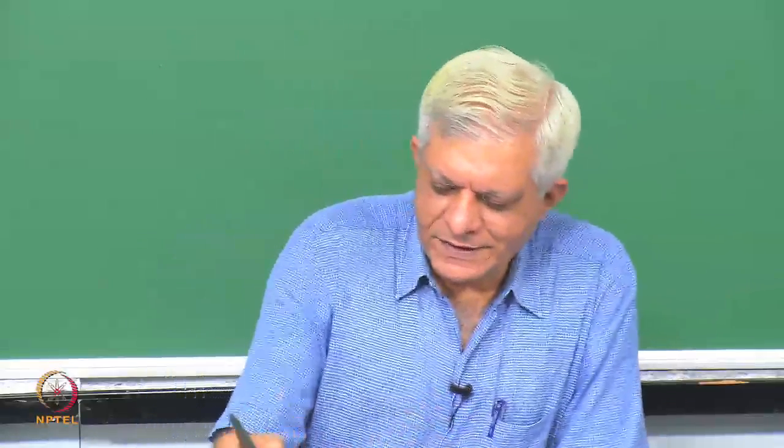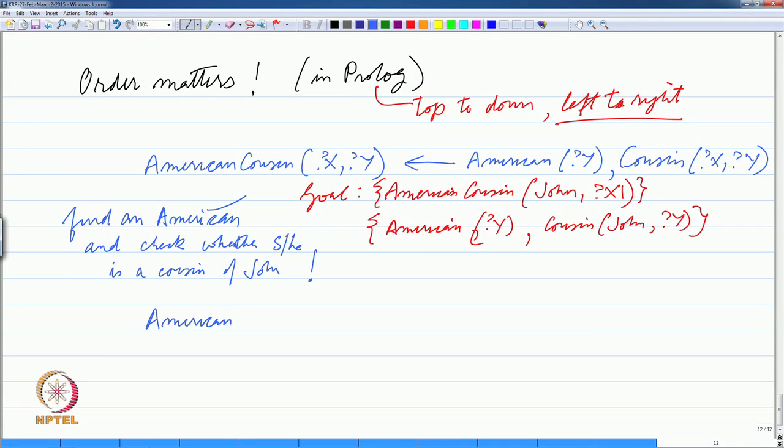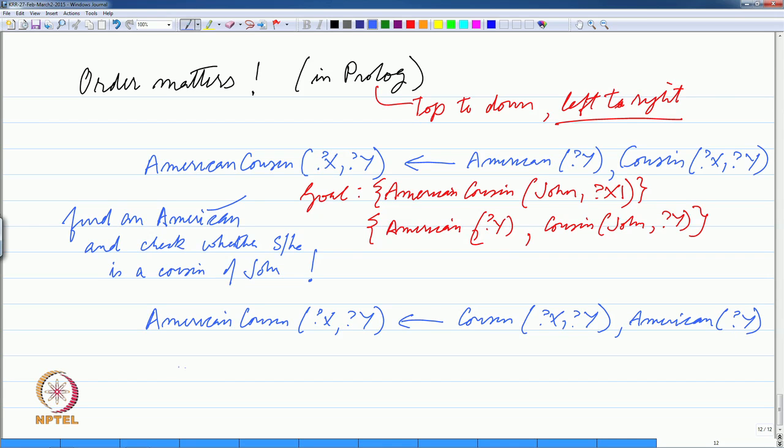Instead, if we had written the code like this, what is this saying? Find a cousin